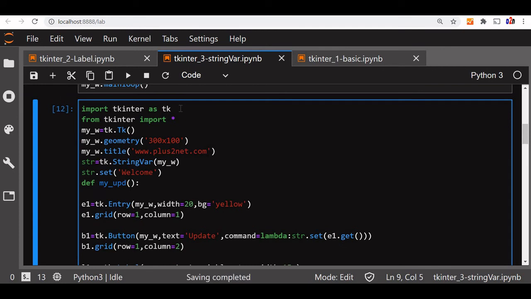Inside the function we'll write str set, where e1 get. Now we are using it in our function, so there is no point in writing it here. We'll remove this and write my_update instead. This function will be executed.